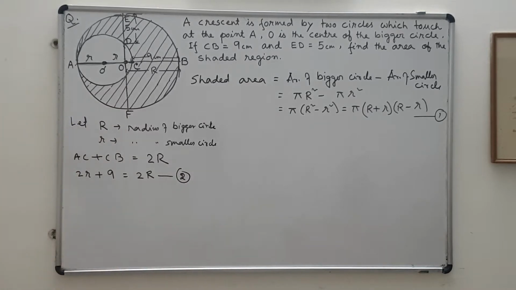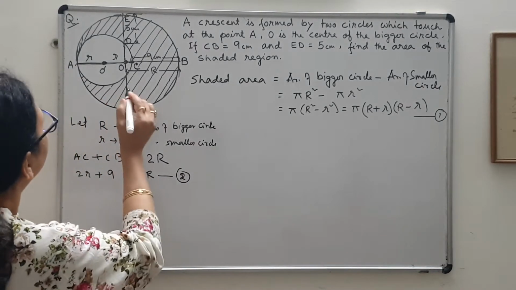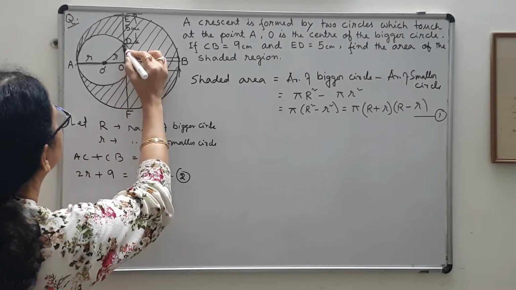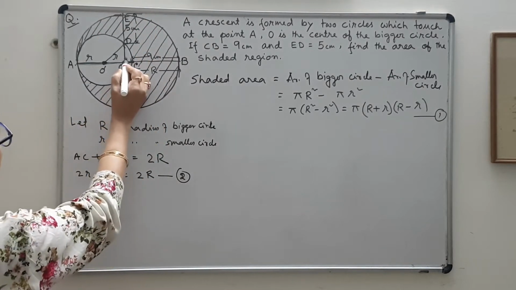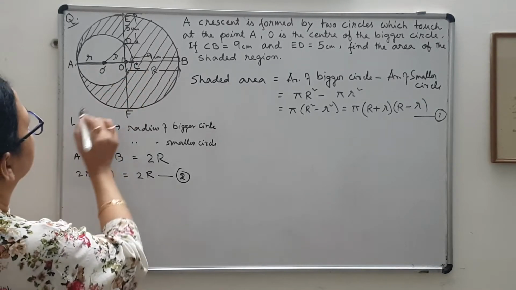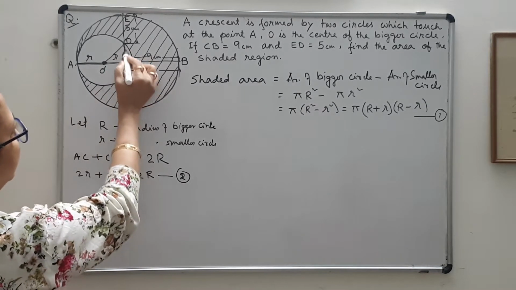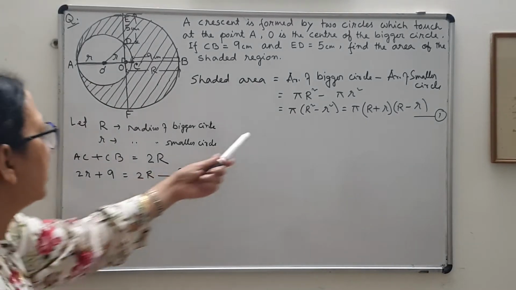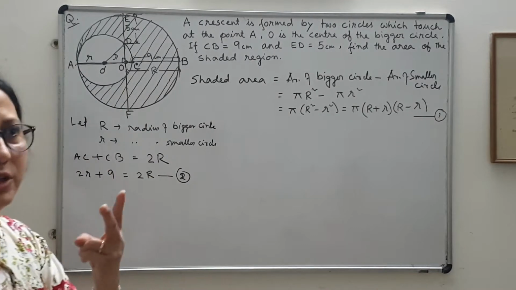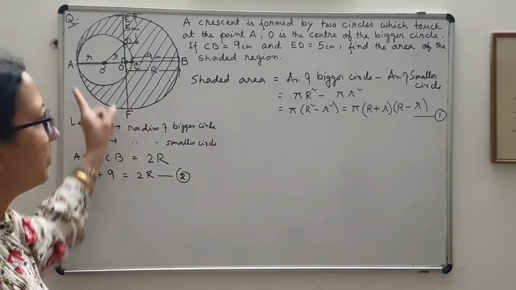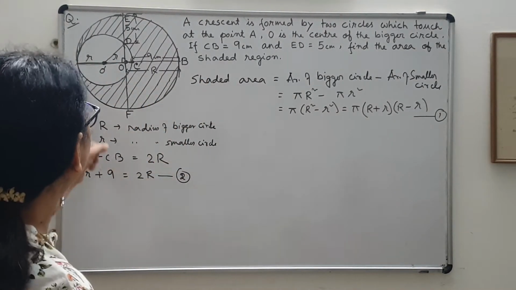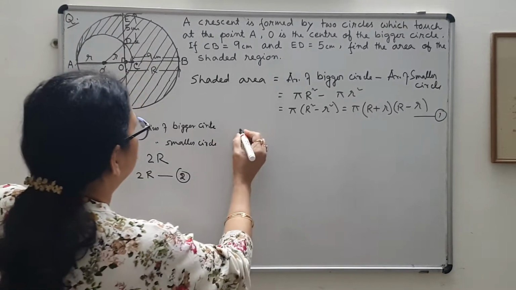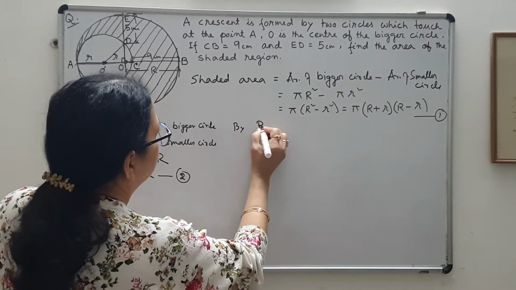Now after that what will I do? You see, I'll join this O dash D so that I got a right angle, this is 90 degree, okay. So I got a right triangle and I'll be applying Pythagoras theorem. Because you see two unknowns are there, no? So I need minimum two equations. So one equation I got observing this figure, and the second equation I'll be getting by applying Pythagoras theorem in the triangle. So let me write it by Pythagoras theorem.